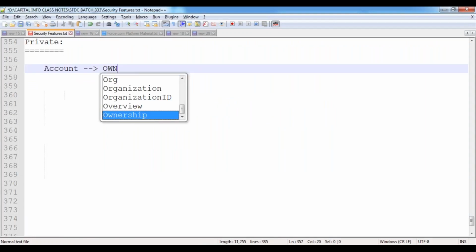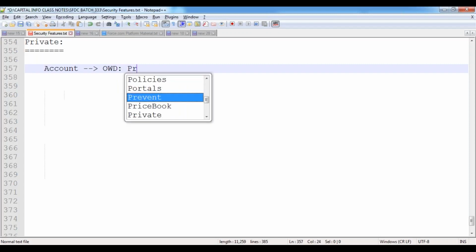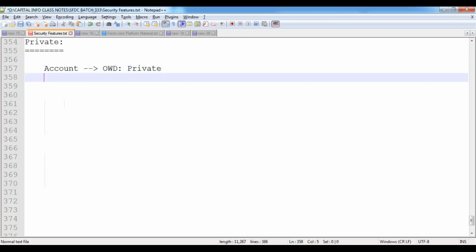If I'm making this object's sharing setting as private, then what will happen? Private means that from now onwards, in this Account object, whenever you create a record, that record will be private to you. That means the record is your own.